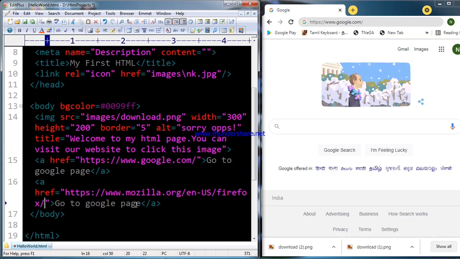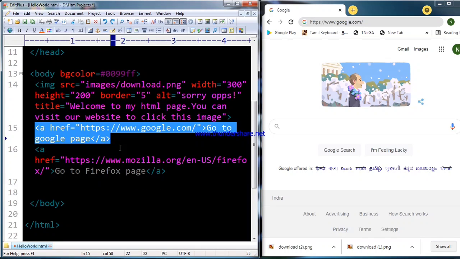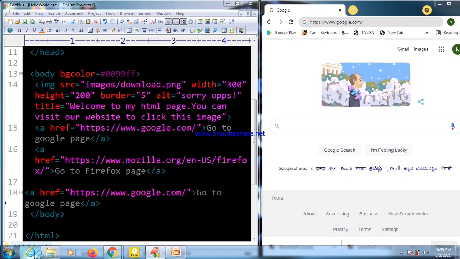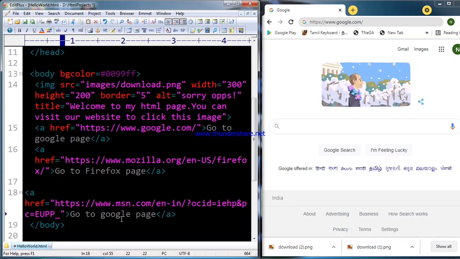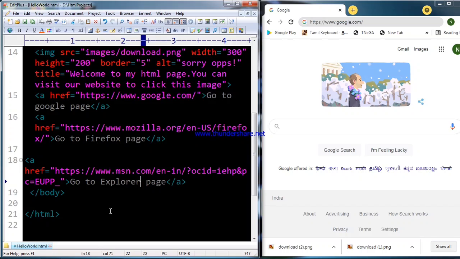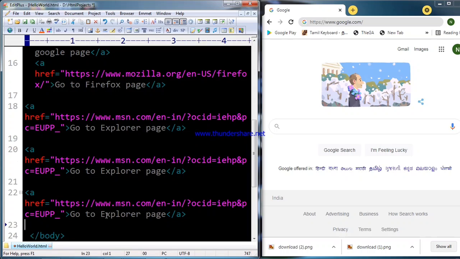Now I am going to give a list of anchor tags, so that clicking on the respective text takes me to the respective web pages. Let's go through the piece of code I am writing.